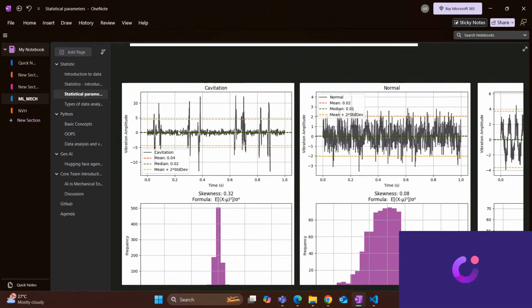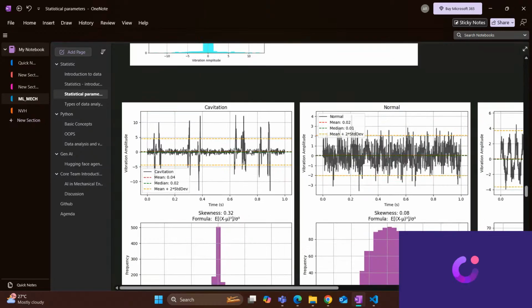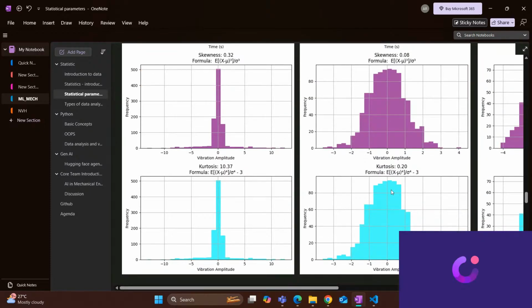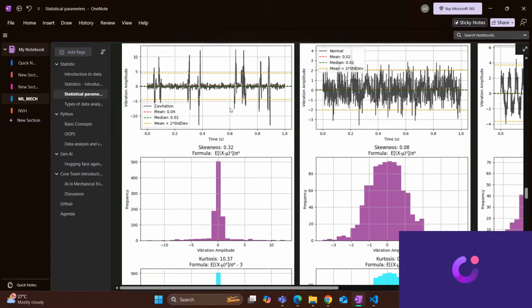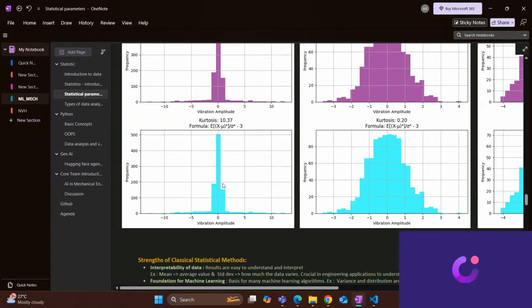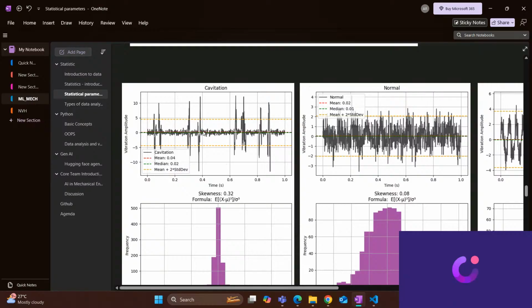That's when we might have to do certain measures with respect to IQR or even with respect to skewness and kurtosis. So you can see that whenever there is normally distributed data, even kurtosis will be more of normal distribution. But when there is some problem or defect, it will affect the skewness as well as the kurtosis values. So we can see the amplitudes are very much higher compared to the normal pattern here,